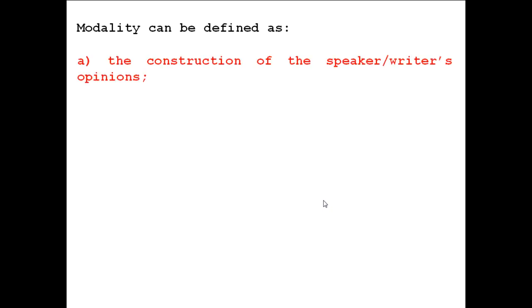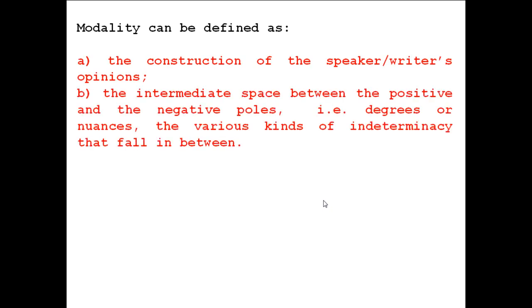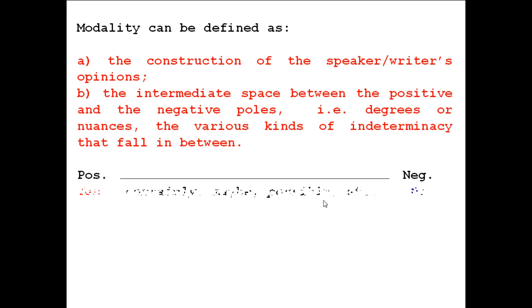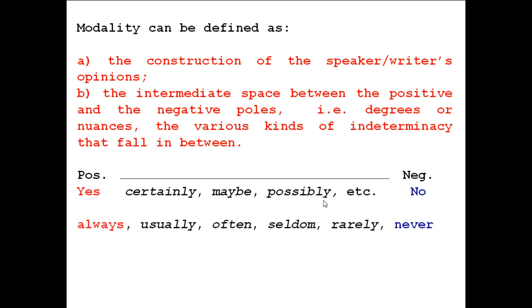Right, so the other aspect of interpersonal meaning that we want to talk about today is modality. And modality is the construction of the speaker and writer's opinion, and it also includes a particular type of modality that's known as polarity. And polarity, as I told you in my previous lecture, is the cline between the two extreme poles of yes and no. Okay. So let's imagine the cline like this, and let's have some examples of polarity markers,